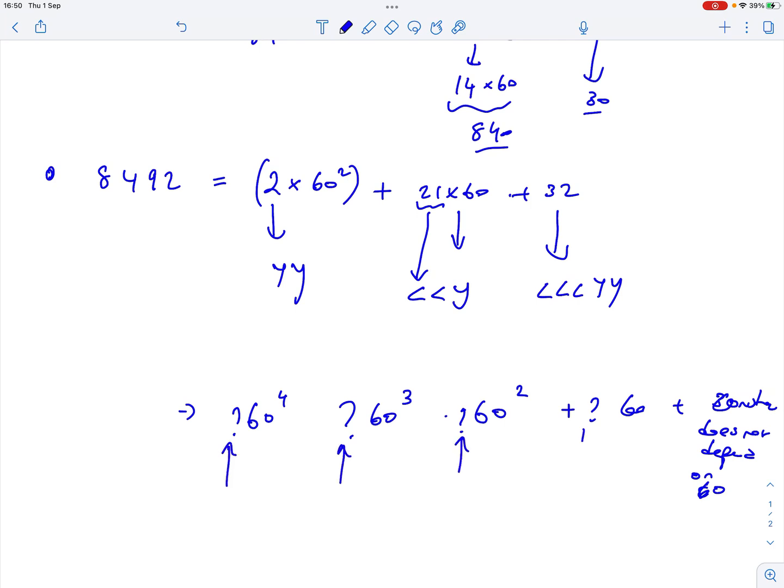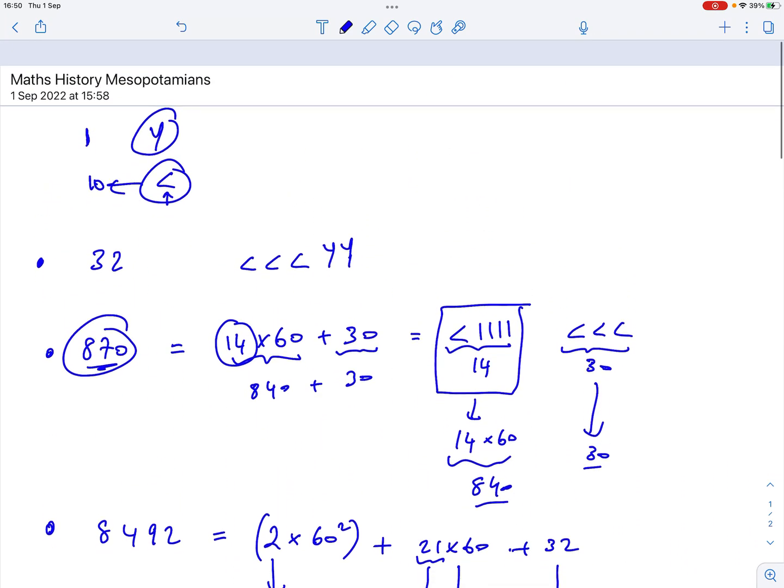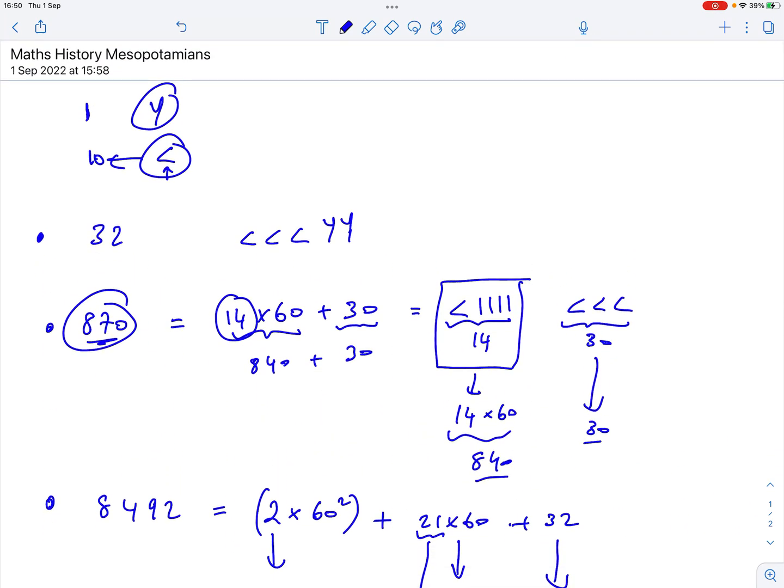They would have represented these question marks, and that number that doesn't depend on 60, with the symbols y and less than only. Okay, right, this was the Mesopotamians, and then we will be going to look at